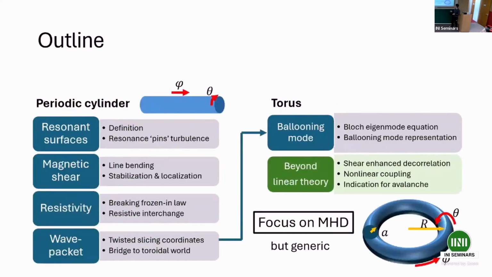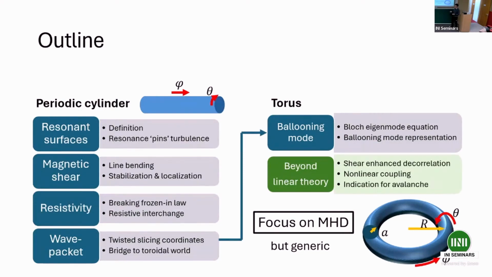So this is the outline of my talk. Basically, it's divided into two sections. In the first section, I will focus on the periodic cylinder. You can imagine that we cut the torus and straighten it into a periodic cylinder. So in the first section, the toroidicity effect is excluded,